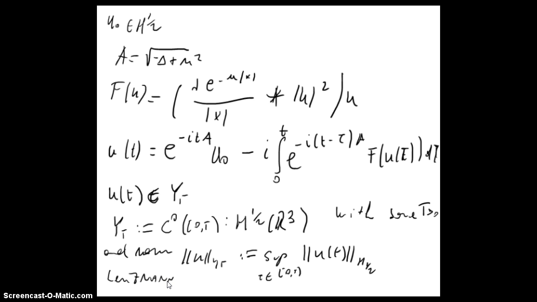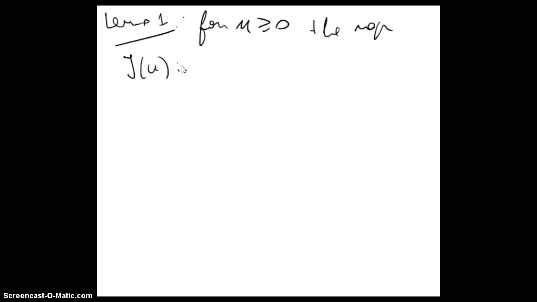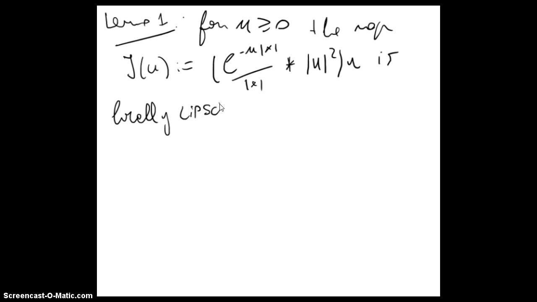Okay, and we will have to estimate the nonlinearity through this Lipschitz. Okay, so the first lemma says that for μ greater or equal than 0, the map J(u) = (e^(-μ|x|)/|x|) convolution |u|² u is locally Lipschitz continuous from H^(1/2)(R³) to itself